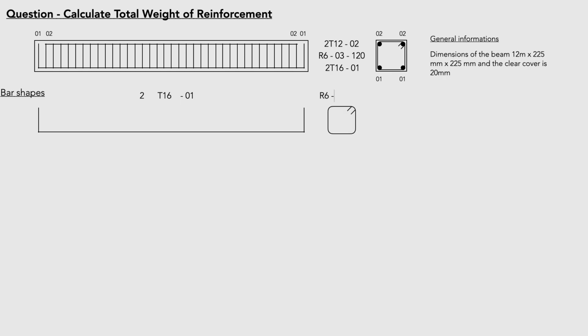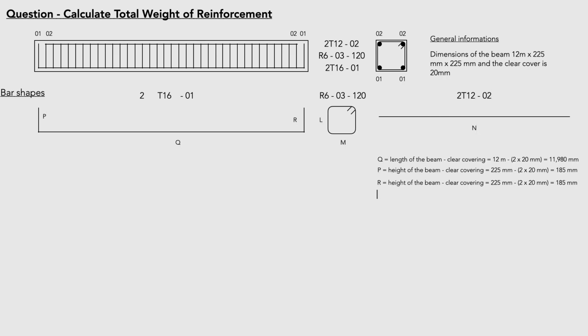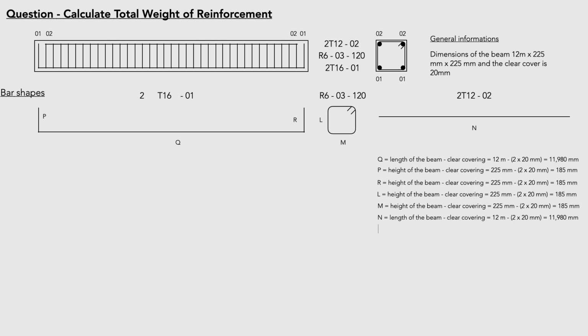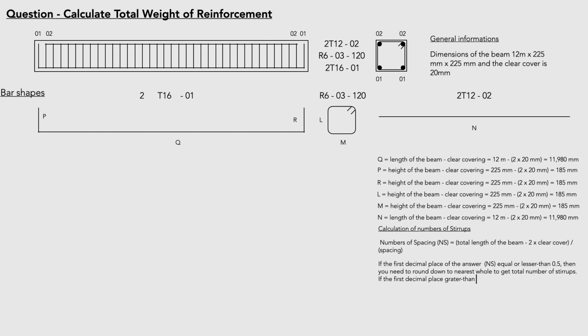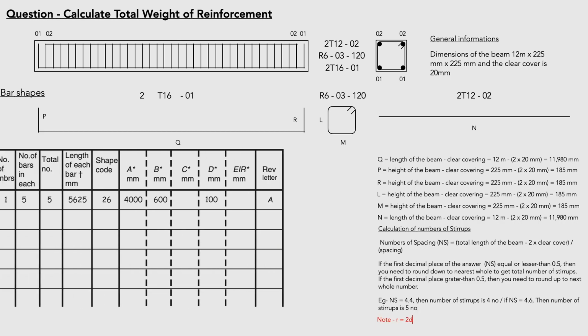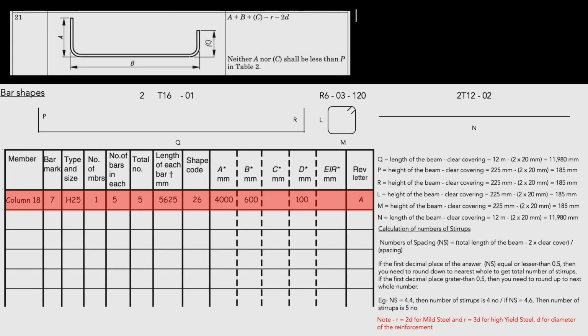Length calculations are done by omitting clear cover from the dimensions of the concrete element. Calculated lengths are as follows. P, Q, R, L and M equal 185 millimeters. N and Q equal 11,980 millimeters. A paired schedule is the schedule given in BS